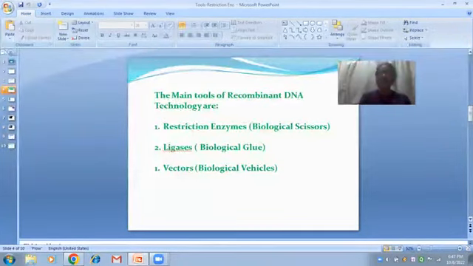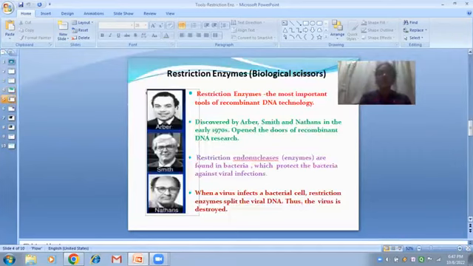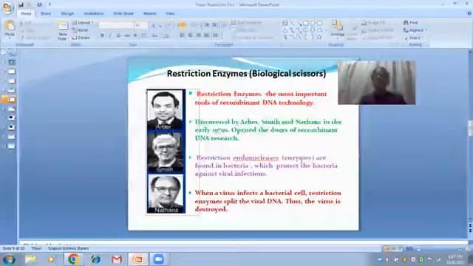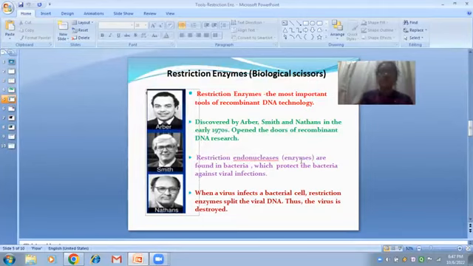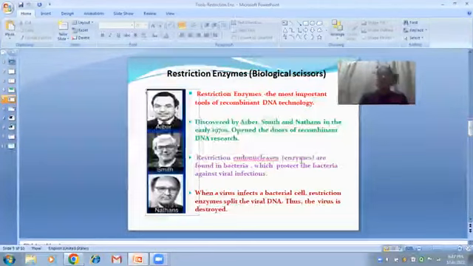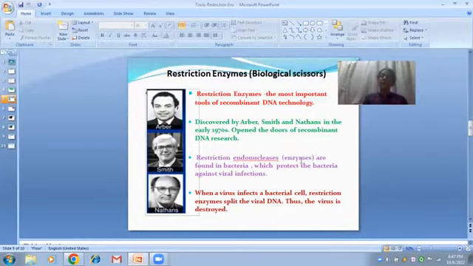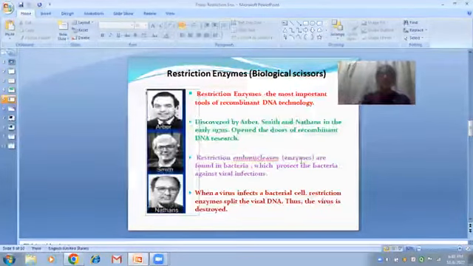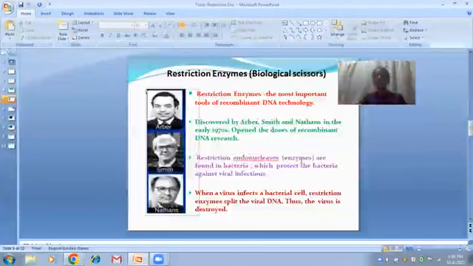Now we are going to discuss these restriction enzymes in a detailed way. Before going to this, I'm explaining the history of these restriction enzymes, and then classification and properties. The first one is the history. Restriction enzymes are the most important tools of recombinant DNA technology. Hundreds of restriction enzymes are already discovered by different scientists. First in 1970, Arber, Smith, and Nathans, these 3 scientists, first identified these restriction enzymes in a special type